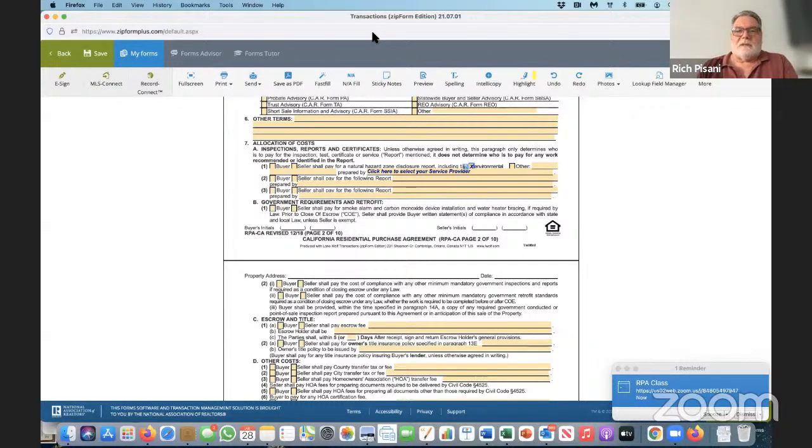Guys, on advice of counsel, we do not waive that. There will be very rare occasions where I will allow a waiver, and that's if the property is in such disrepair that it's going to be torn down and nobody lives there and nobody is going to live there. Otherwise,